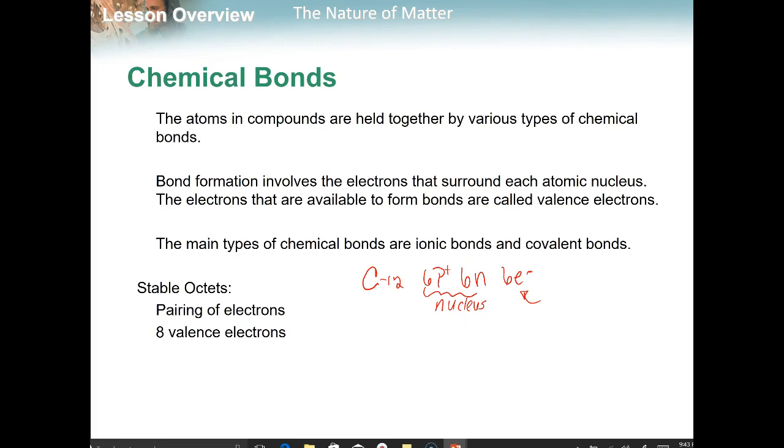It's on the outside. So when there's chemical bonding that takes place, the chemical bonding is going to take place with what's on the outside. And the electrons are what is on the outside. So a bond formation involves the electrons that surround each atomic nucleus. And the electrons that are going to bond are going to be the ones that are in the outermost energy